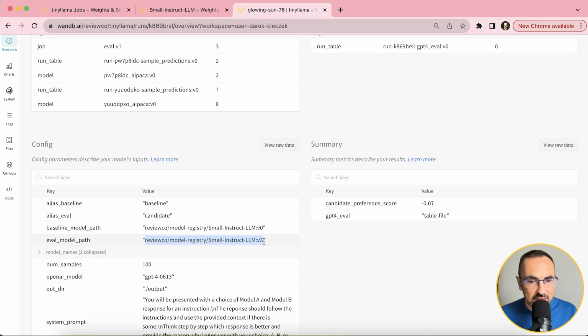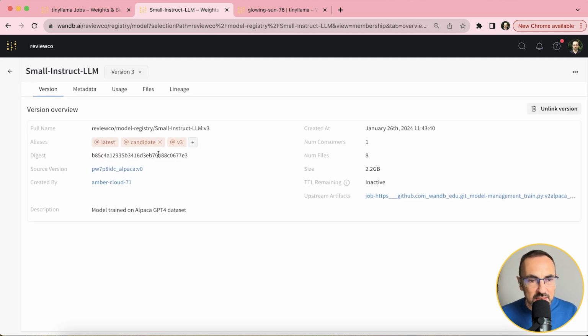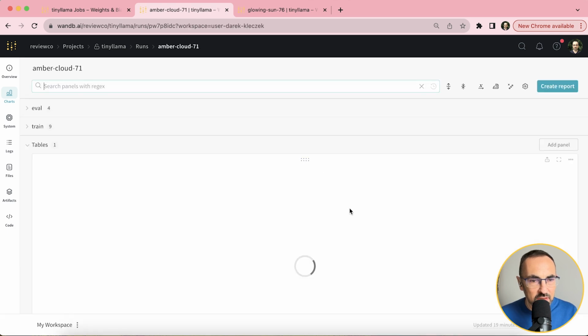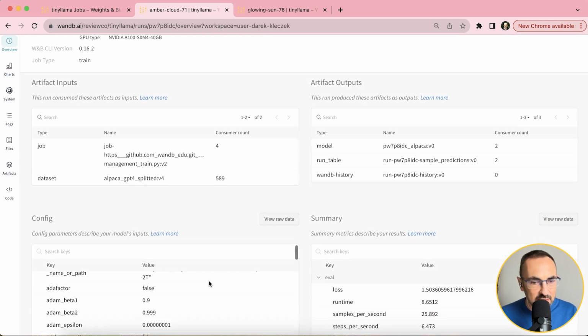So we can see this is the small instruct LLM v3, and if we take a look at the v3 here and view this, we can go back to the run that created this model. We can check the config and the settings,